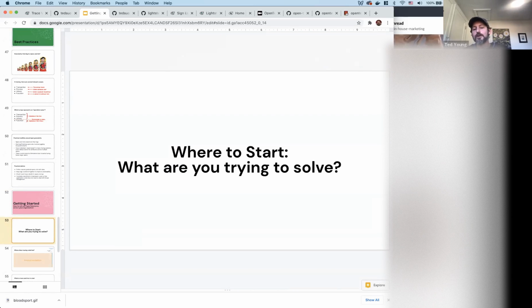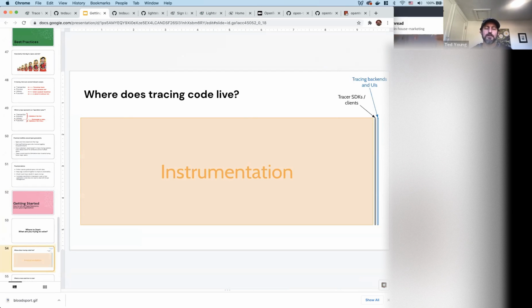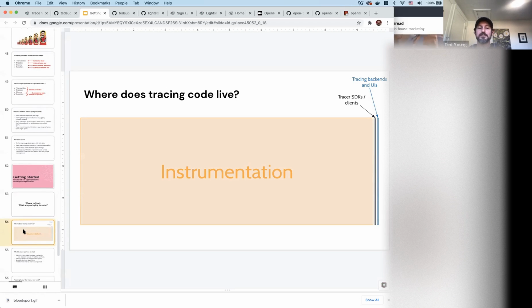So one thing that's important when you go to roll out something like OpenTelemetry is to have a goal. If you look at the amount of code involved, the vast bulk of the code is going to be in instrumentation. Hopefully most of that instrumentation is already written for you, as I said, but installing and writing instrumentation is where potentially a lot of the work is going to be. And so you want to avoid sort of boiling the ocean when you get started.